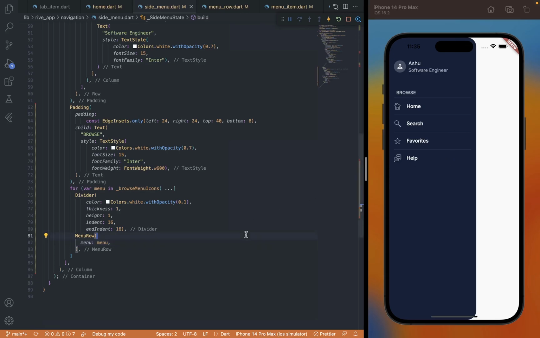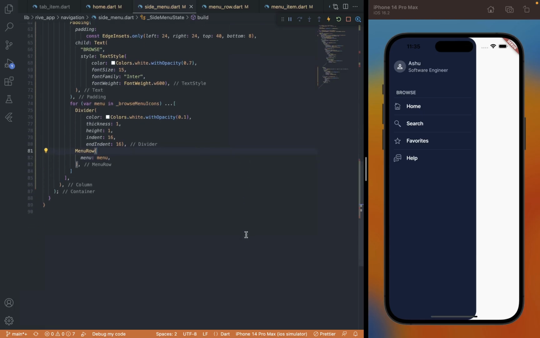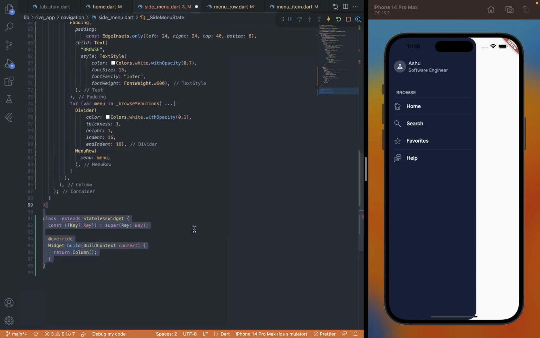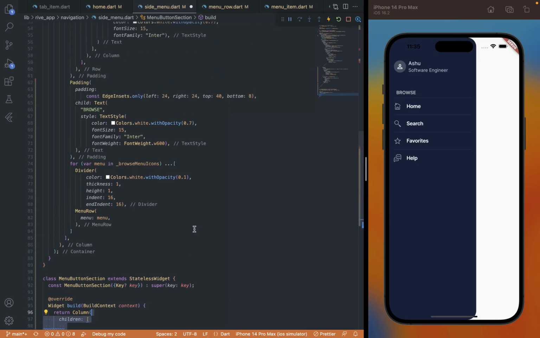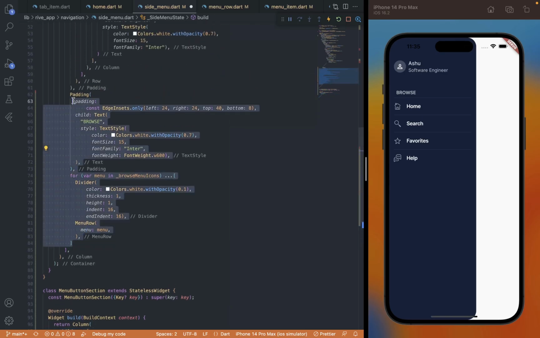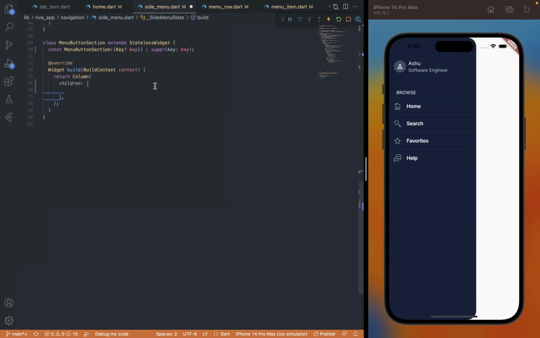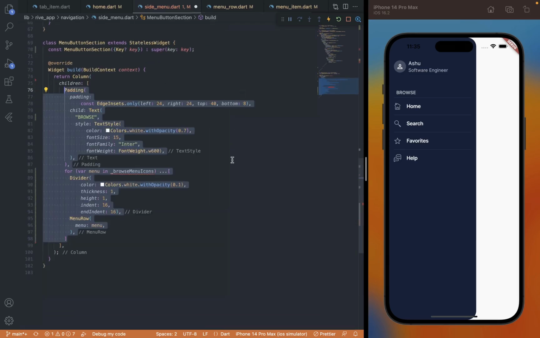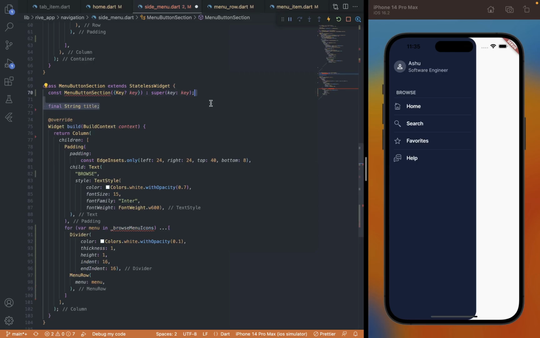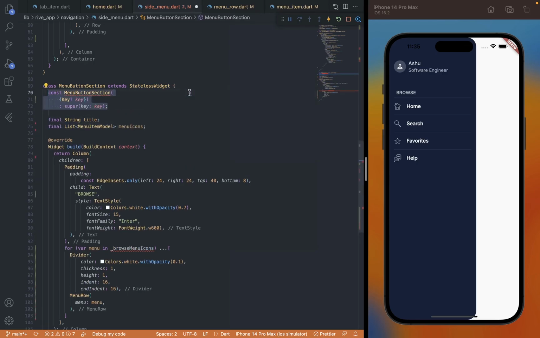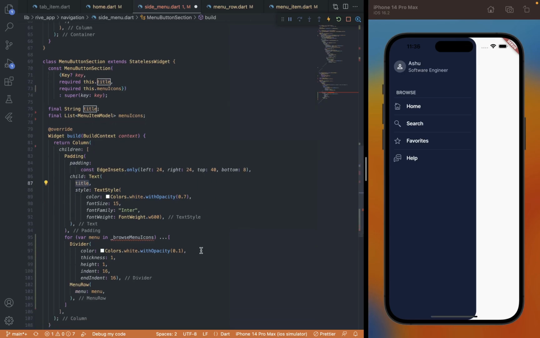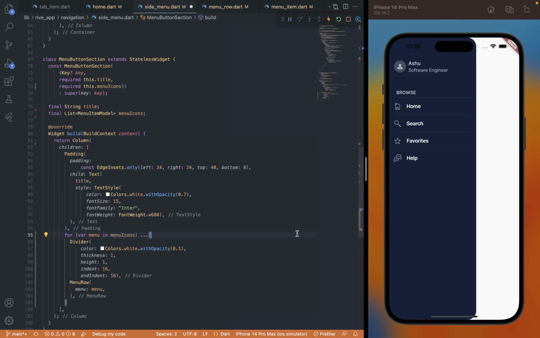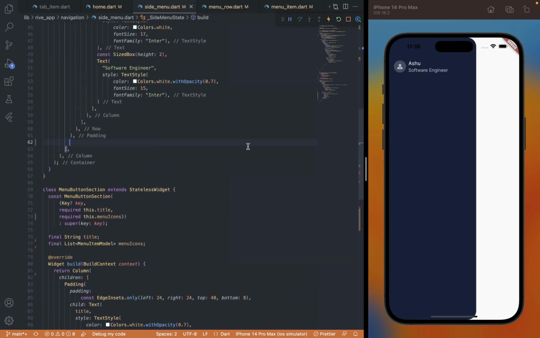Now as you know from the UI, this button list section is also repeated. So we're going to create a common stateless widget for the buttons section named MenuButtonsSection. And we will add the complete buttons and the title as the widget UI and have it as common. Now for the data, we will create some params like section title and menu buttons list, and declare them in the constructor. Now replace the title and list with these. Next, we will use this widget and provide the required data,